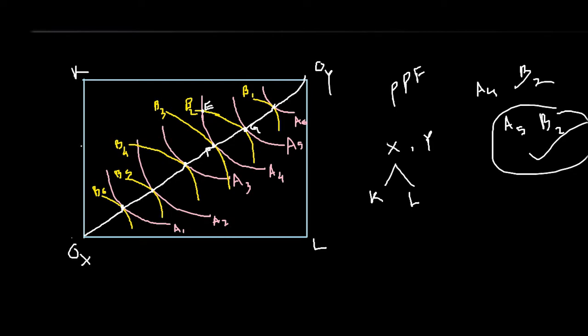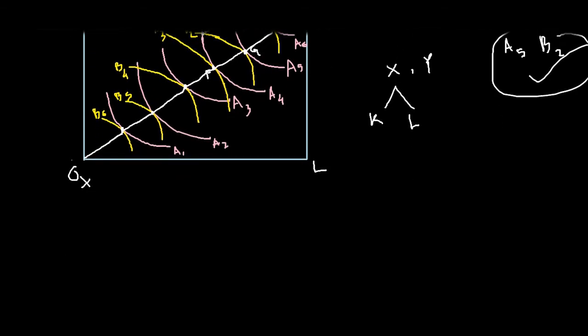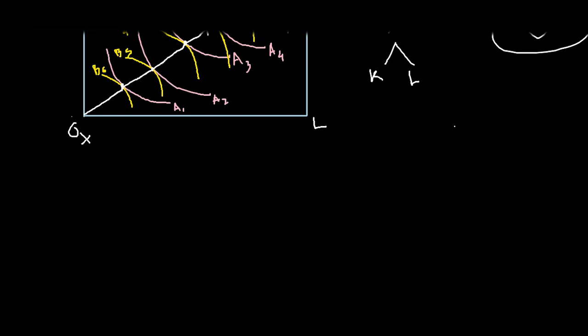Now see, all these points denote a certain amount of capital and labor being used in the production of one commodity, and a certain amount of labor and capital being used in the production of the other commodity. Clear? And at the same time they are also showing a particular level of output of one product and a particular level of output of the other product. Now let's see how from this diagram we can actually draw a production possibility curve.